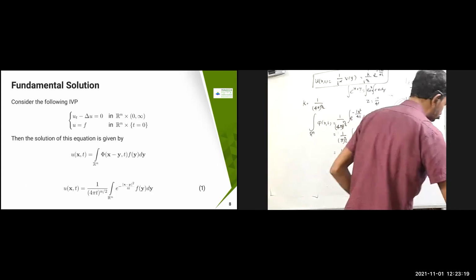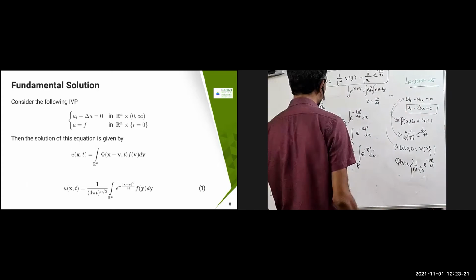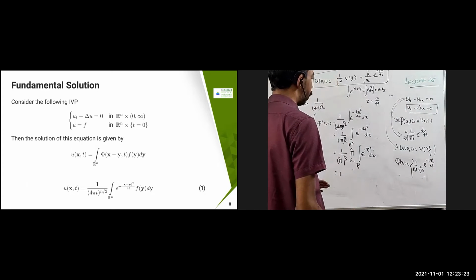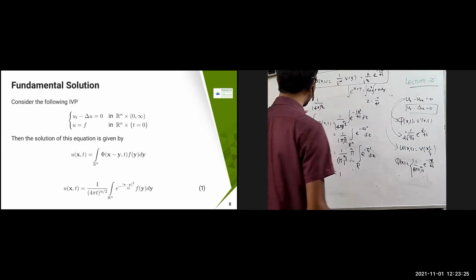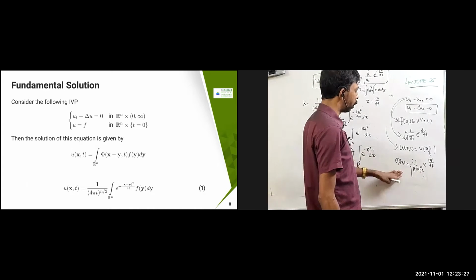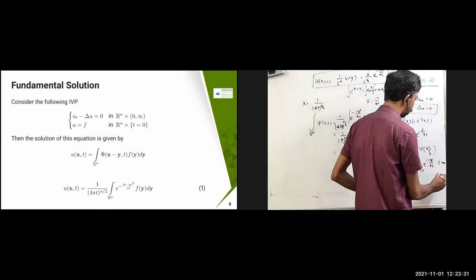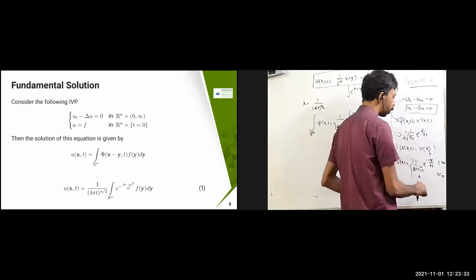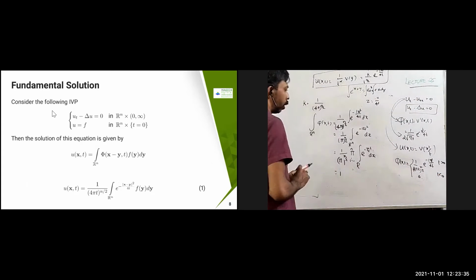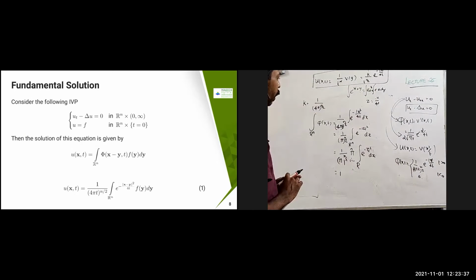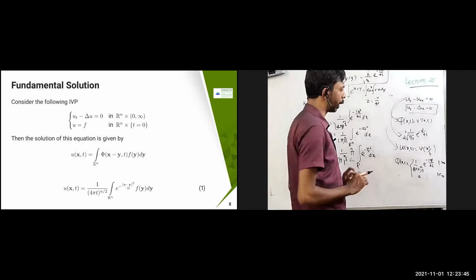Now, next, what we are going to do is this. This is the one which we described for the fundamental solution. This Φ is the fundamental solution for t greater than 0, and for t less than 0 it is 0. This is the fundamental solution for the heat equation, which we got for the homogeneous case. Now we are going to define u of x,t in terms of Φ of x,t.